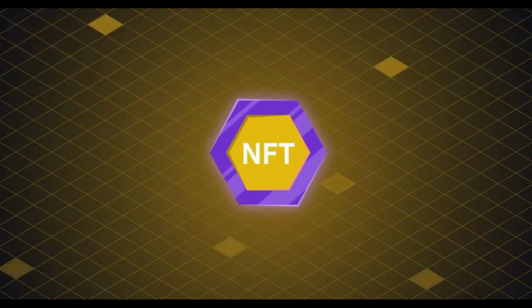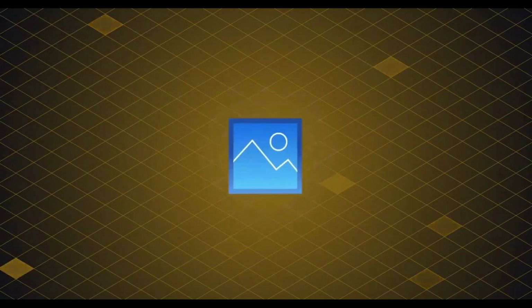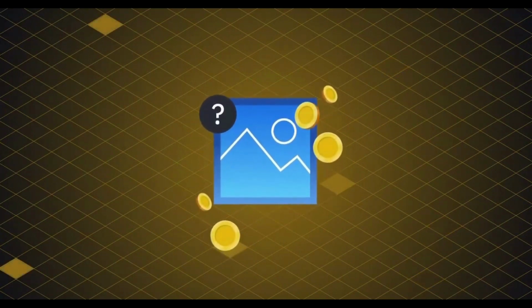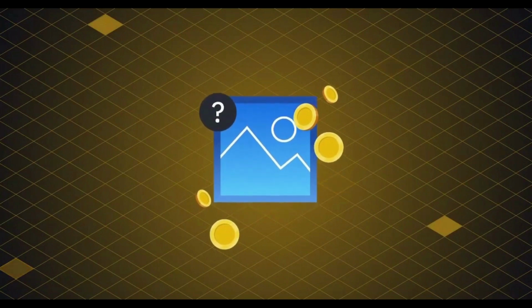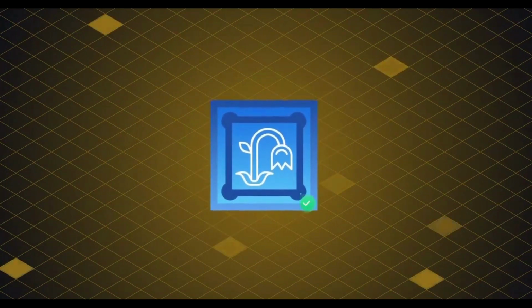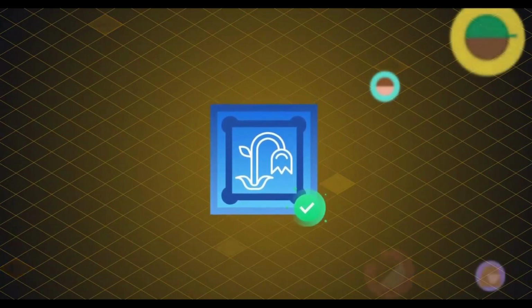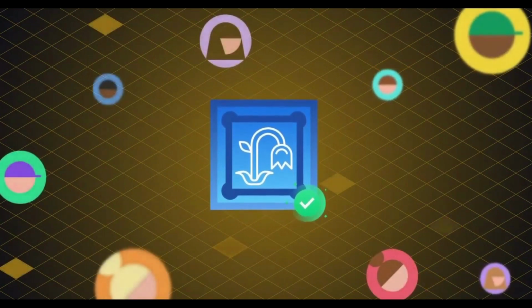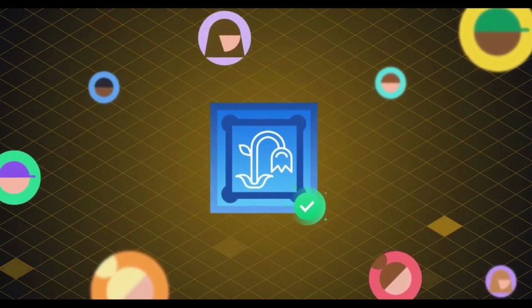You may wonder what gives NFTs their value? Why would someone be willing to pay money for a digital picture when you can just save the file from the internet? The value of an NFT works in a similar way to a piece of art. If you can prove that you own an original Picasso painting, then you can sell it for a lot of money or brag about your ownership.